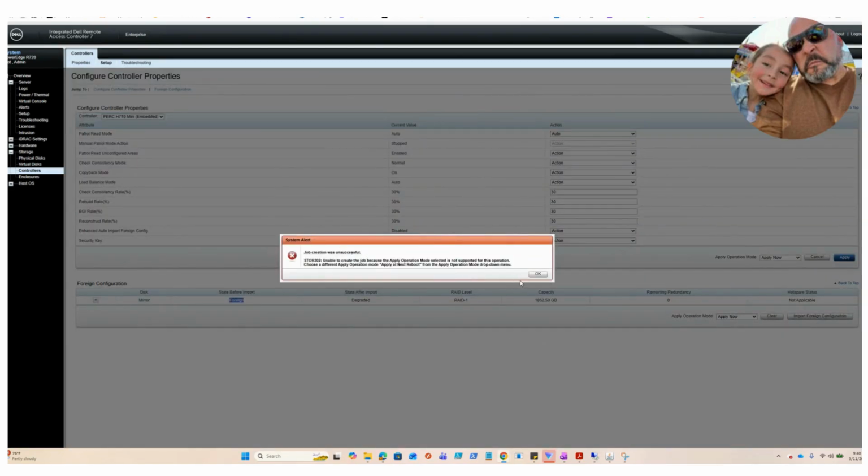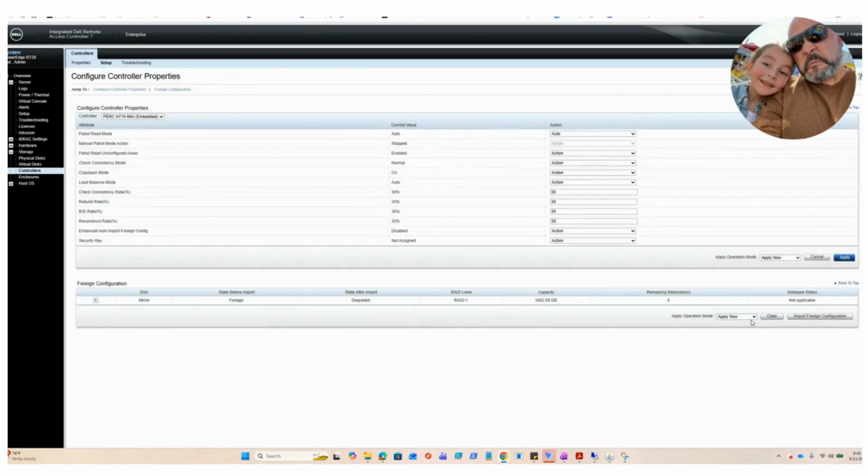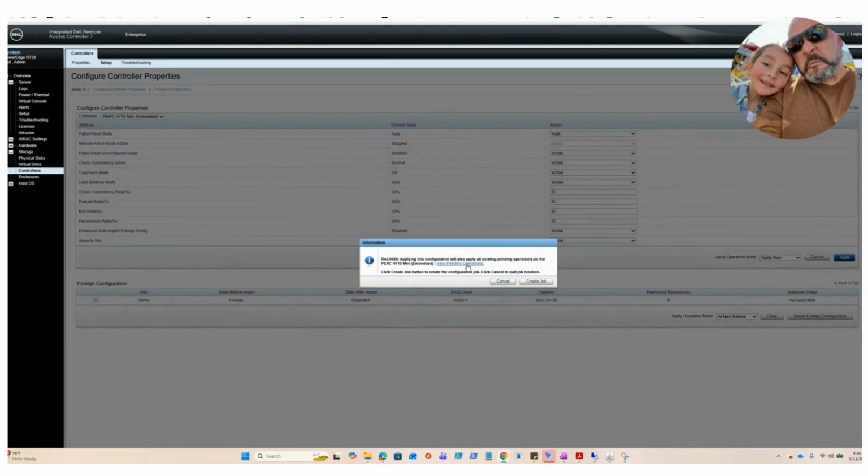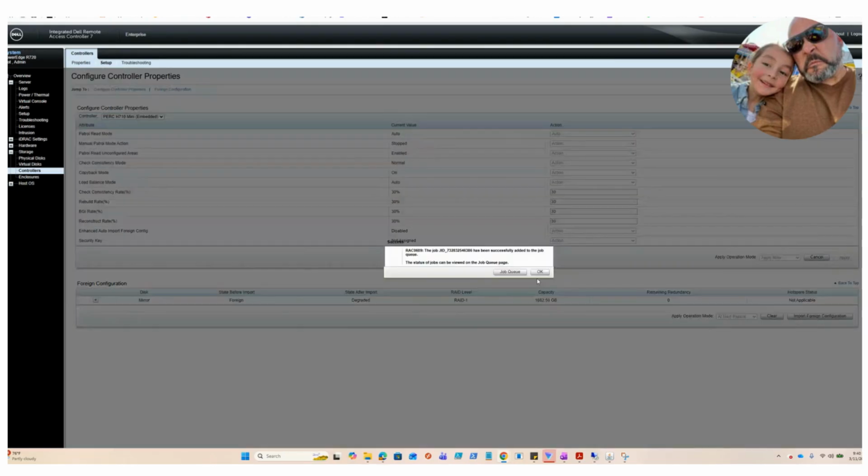Let's see, unsuccessful. Why? Okay, look at this. Apply after next boot. Okay, fine. And then it's kind of the same as creating the RAID again. Input from configurations clear. Okay. Now it's gonna go on the job, create the job. So I'm definitely gonna stop it. I don't know how long it's gonna